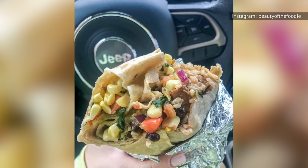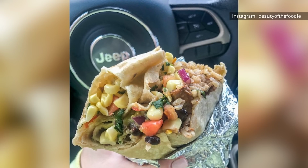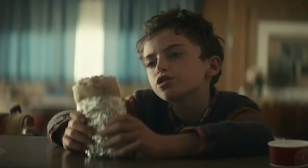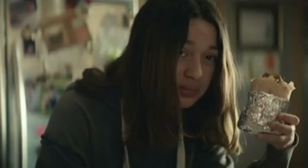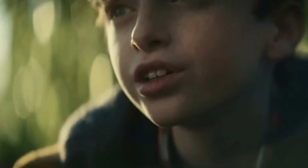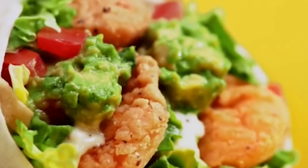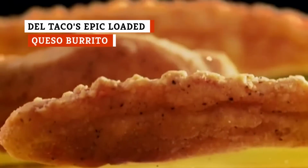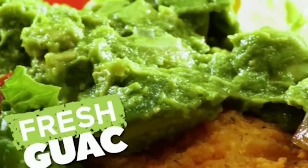Chipotle has other really good burrito options on its menu. Skip the barbacoa burrito and pick something better. For example, if you really want a steak burrito, Chipotle steak is a whole lot better than the chewy stuff Qdoba offers. Del Taco, which was launched in California in 1964, has a few tasty options on their burrito menu,